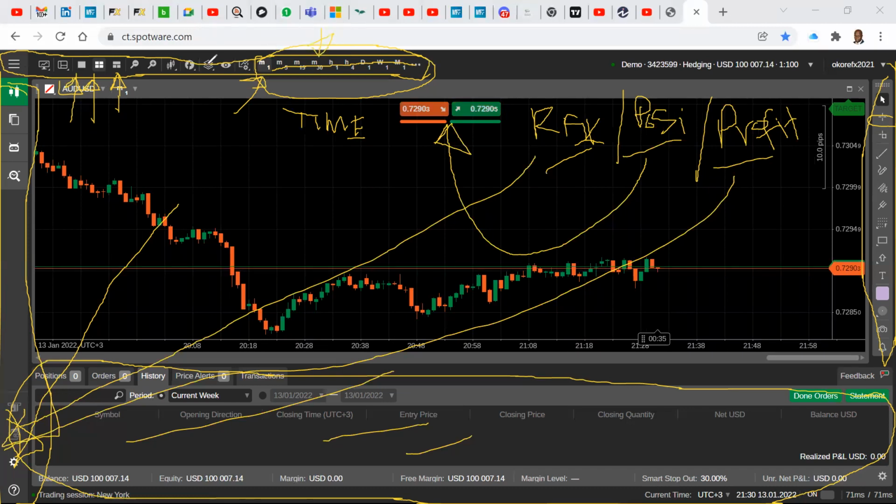That's all you need to know. The rest is just the visuals, so how you want it to look. Whether I want to have another chart, they can all appear, you can set them from here. On the right are your charting tools, and at the bottom are your trades. All right, we'll quickly go to the next step.